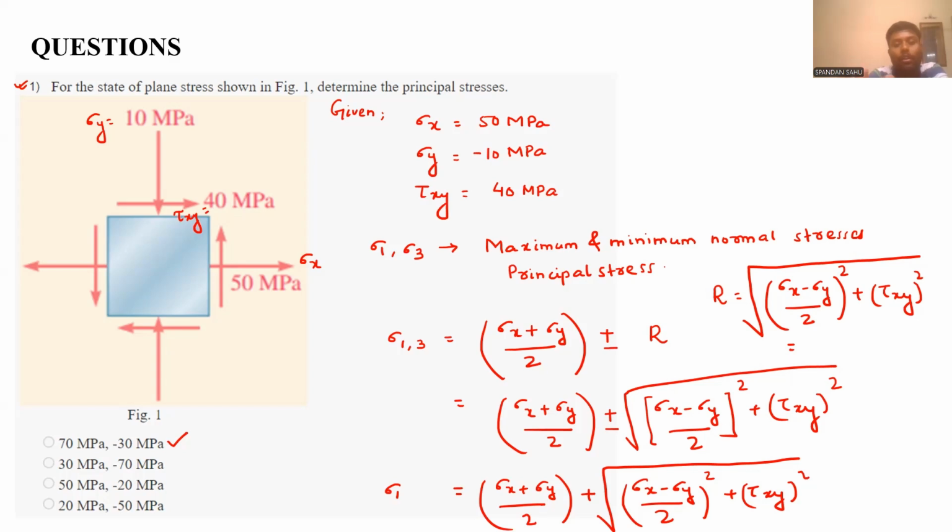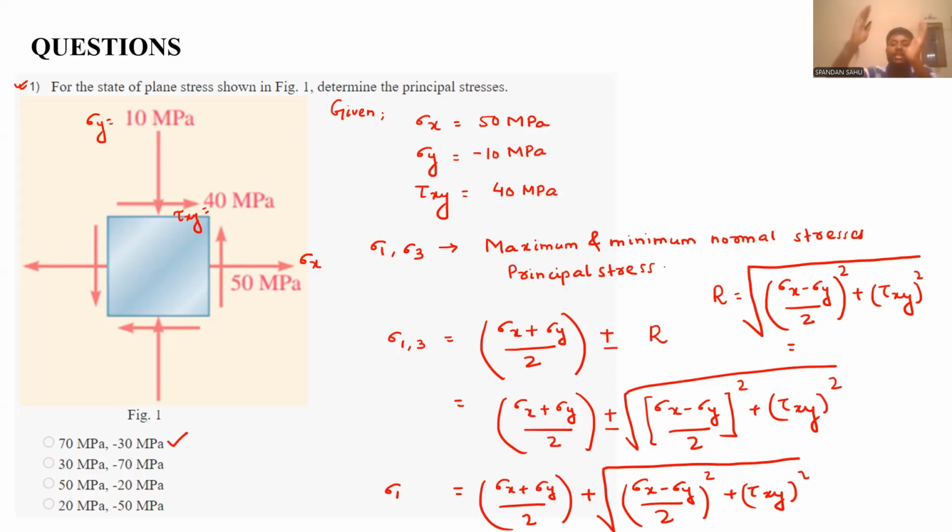In the previous question they asked for the quantitative values of the major and minor principal stress. Now, if this is your lamina subjected to stresses sigma x, sigma y and tau xy, and we have found the principal stresses,